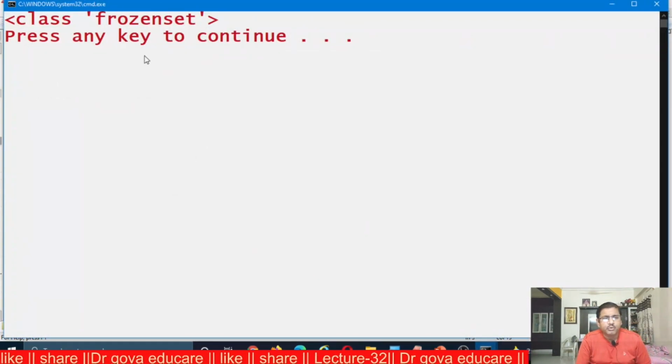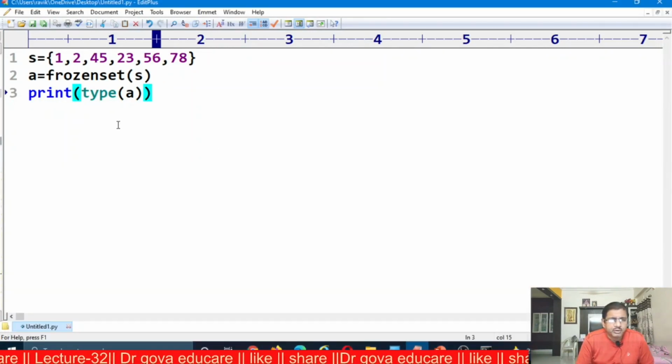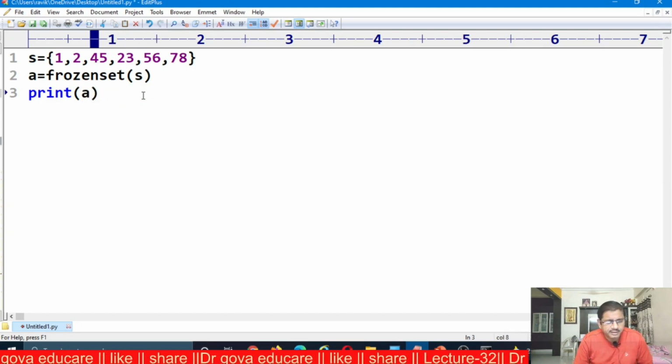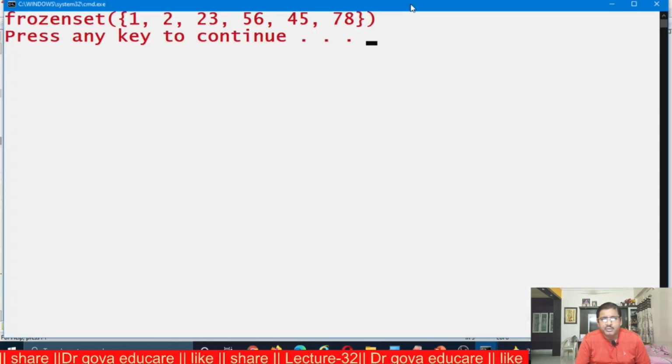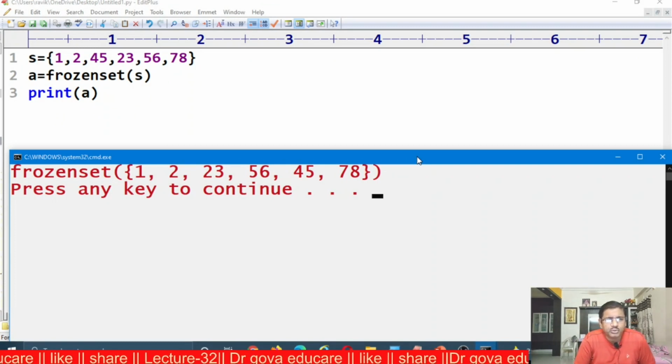It shows class frozenset, that is, A is a frozenset data type. I want to print the set A. I am executing this. This is frozenset of 1, 2, 23, 56, 45, 78.